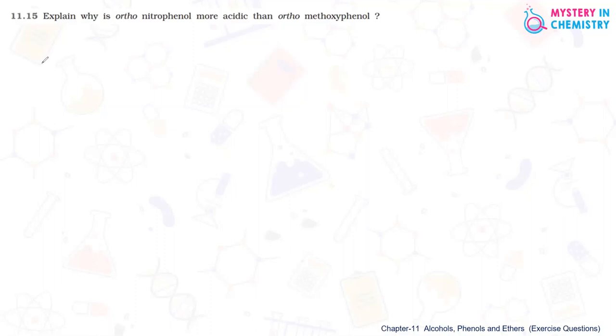Question number 11.15. Explain why ortho-nitrophenol is more acidic than ortho-methoxyphenol. To answer this question, first of all, what are the factors which influence acidic properties? So, first of all, it is